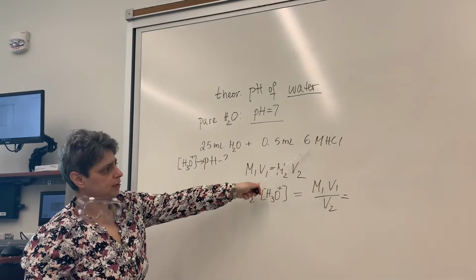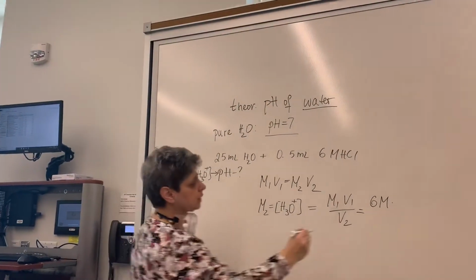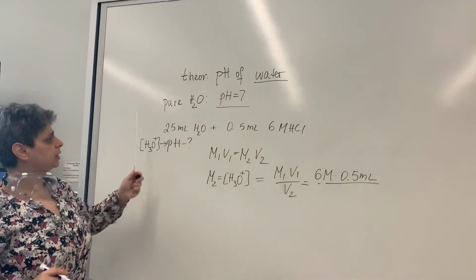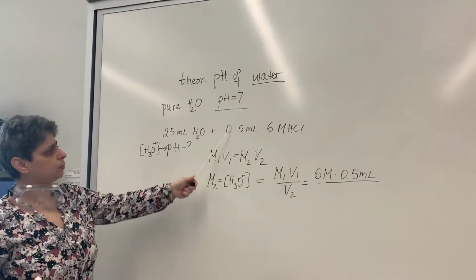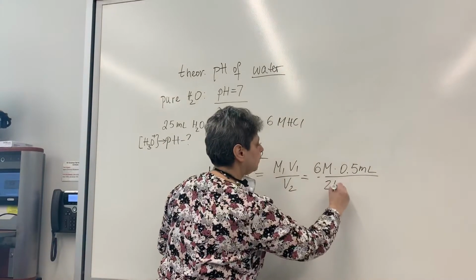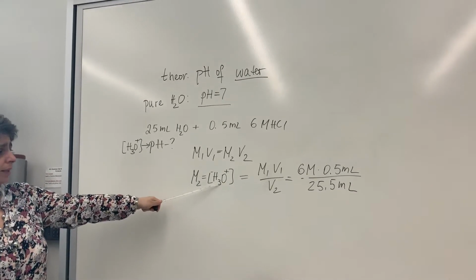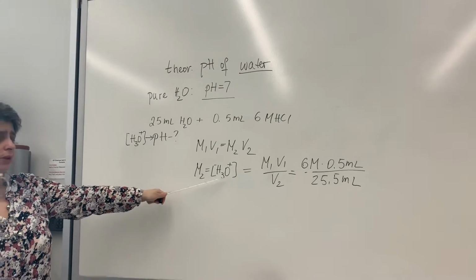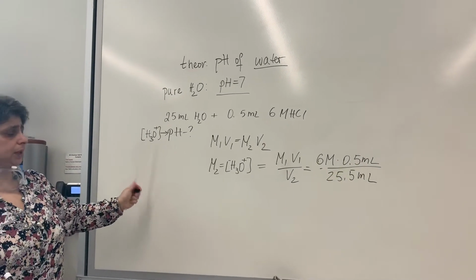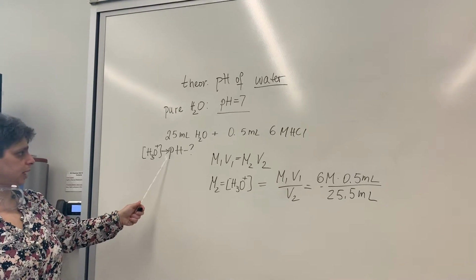M1 would be 6 molar because that's the concentration of acid we started with. How much acid did we add? We added 0.5 milliliters. Now what is V2? Let's think about this. We started with 25 milliliters of water and we added 0.5 milliliters of 6 molar HCl. So the total volume would be the sum of these two, 25.5 milliliters. So what you're going to do is find the hydronium ion concentration first for water with added HCl, and then once you have hydronium ion, you're going to use it to find pH. Hopefully you know how to do that. Remember, if you have hydronium ion, you can take the negative log of that number and that will give you the